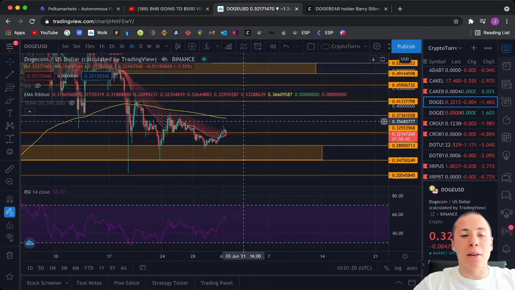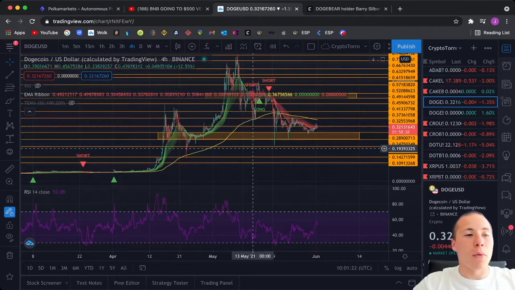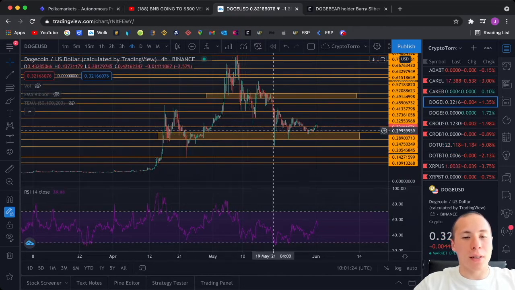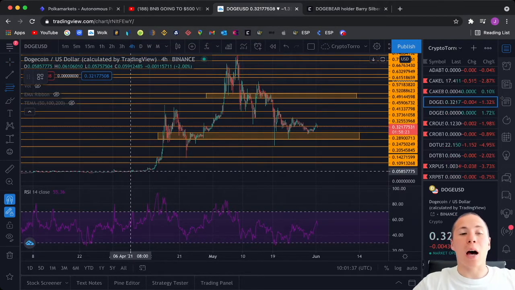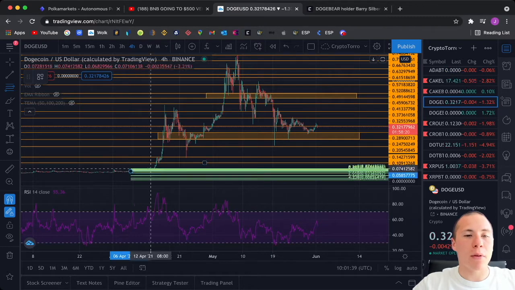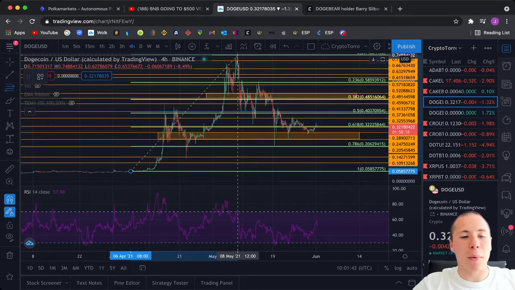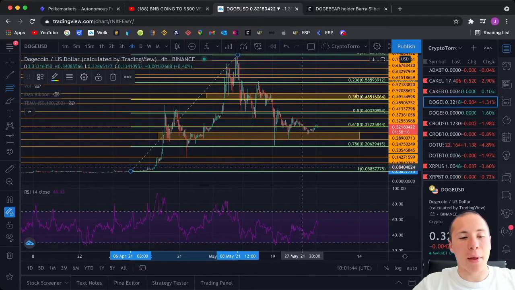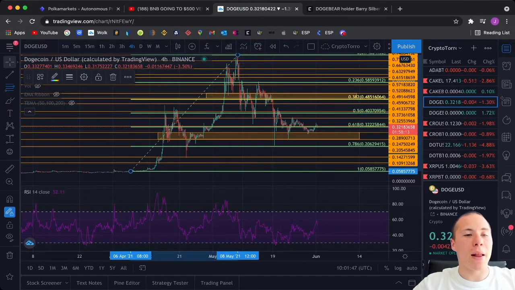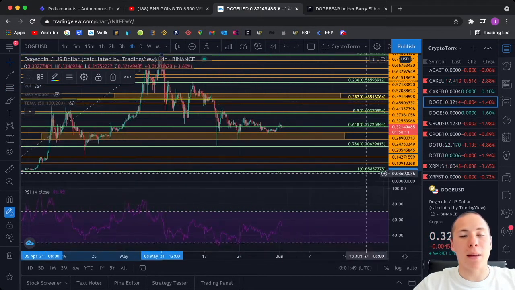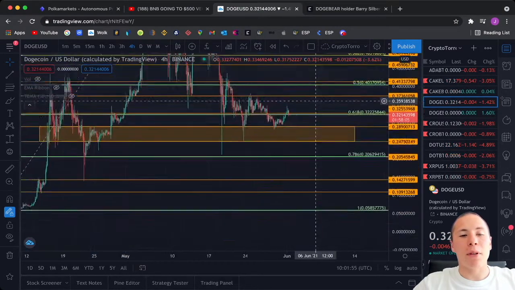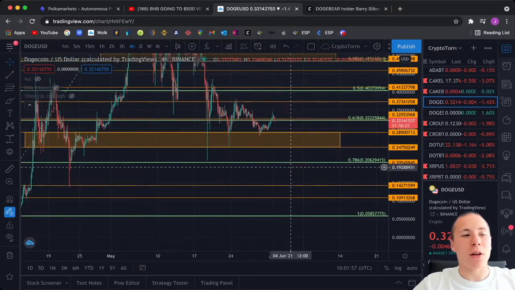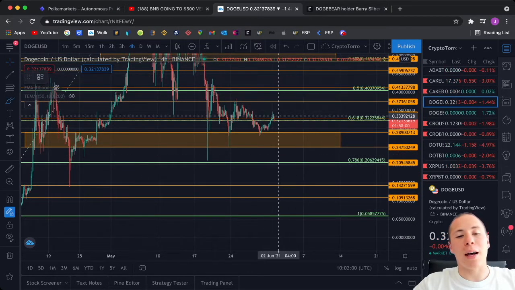But let's take a look where it would possibly be heading if it breaks towards the downside even further, and that is why I will be placing this Fibonacci retracement from the beginning of this uptrend at approximately the 21st of April all the way up towards its all-time high on the 8th of May. And you can see the Fibonacci levels have been placed. Currently we are trading at approximately the 0.618 Fibonacci level, and I personally think if we see a move towards the downside getting started, that we will be heading further down towards the